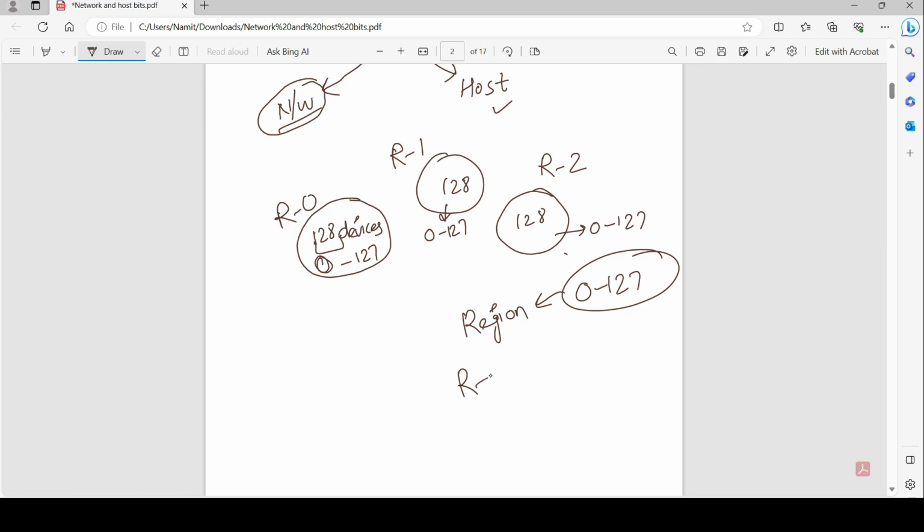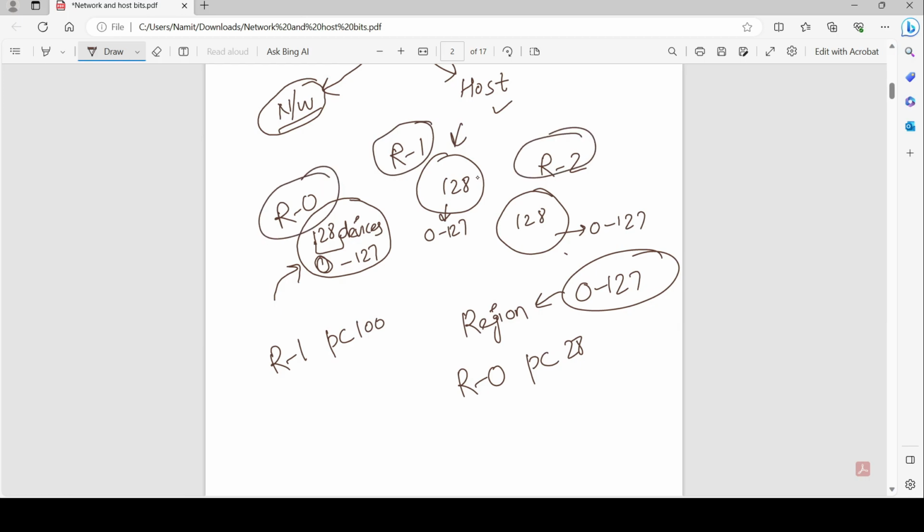If I talk about region 0 and PC 28, it means I am supposed to locate PC 28 over here, that's it. If I tell you region 1 and PC 100, it means I am supposed to talk about this. So in this context, region 1, region 0 and region 2 are helping me to identify the